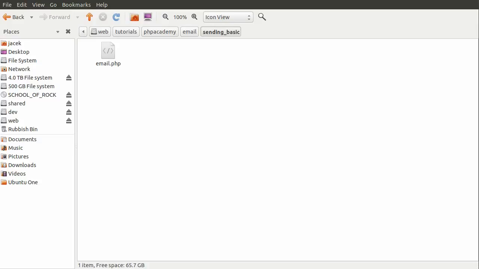If you're using Linux like I am, it will sort of be done for you, because the default install will detect the location of your sendmail binary, but we don't need to get into that, it's too complicated really. If you're using Windows, the popular PHP server distributions like XAMPP,